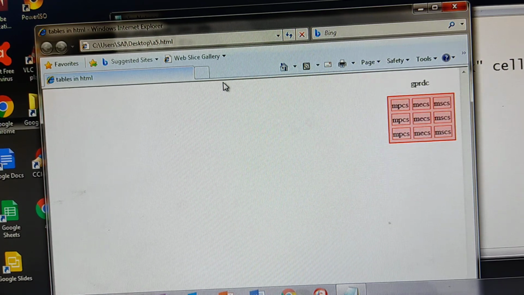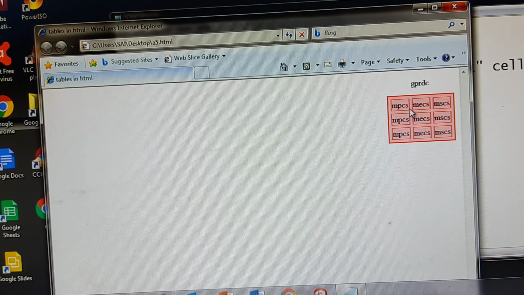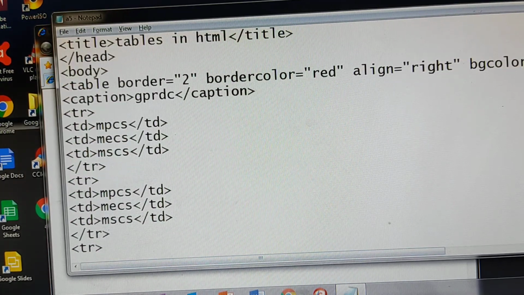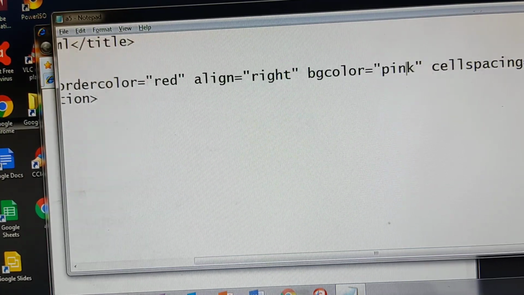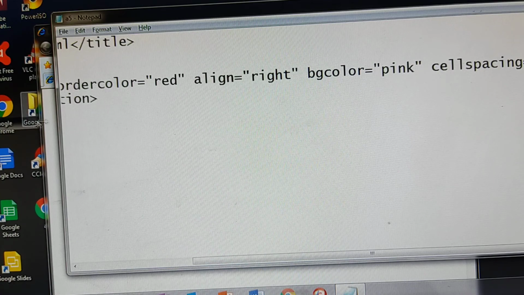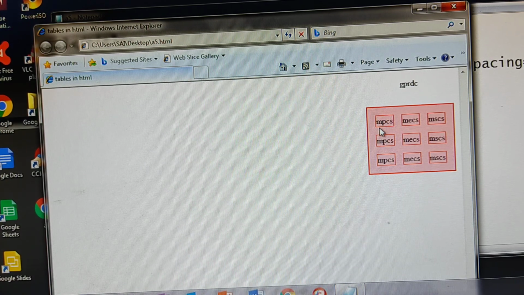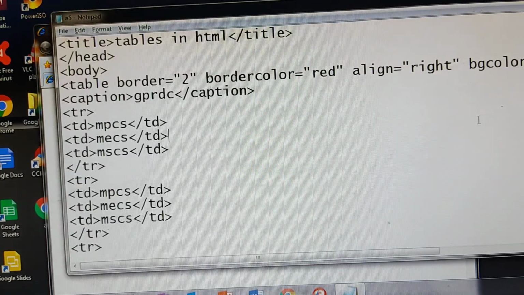Again see this distance, 5 pixels. If you want to see the difference, change the size. Here instead of 5 I am giving 15, so that you will see the difference. See. Okay, this is cell spacing. This difference is called cell spacing. Space between the cells. Between MPCS and MECS, whatever space is there, that is called cell